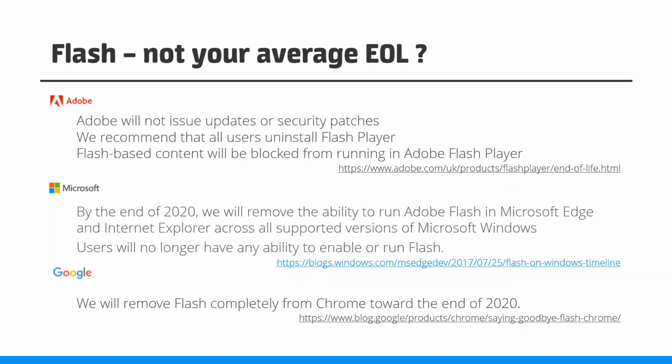At the bottom here, Microsoft and Google are basically saying none of the browsers are going to support it. So as of the end of this year, midnight on the 31st of December, you can try and run Flash in a browser, but it won't be there, and so you won't be able to run it. But even if you do have Flash Player installed on your machine, Adobe have put a kill switch in there, and so Flash-based content is going to be blocked from running in Adobe Flash Player. And I've tried this as an interesting experiment: if you take your system date and put it to 2021 sometime, and then try and run SAP Dashboards or Xcelsius, it basically doesn't work. It still fires up, but you get various icons saying this isn't going to run anymore.